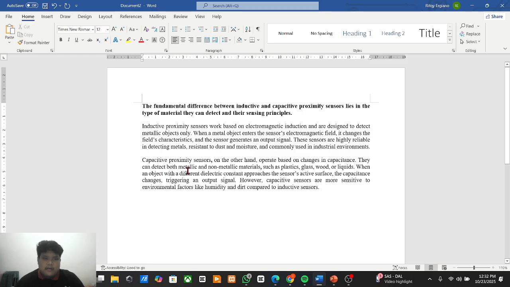They can detect both metallic and non-metallic materials such as plastic, glass, wood, or liquids. When an object with a different dielectric constant approaches the sensor's active surface, the capacitance changes, triggering an output signal. However, capacitive sensors are more sensitive to environmental factors like humidity and dirt compared to inductive sensors.